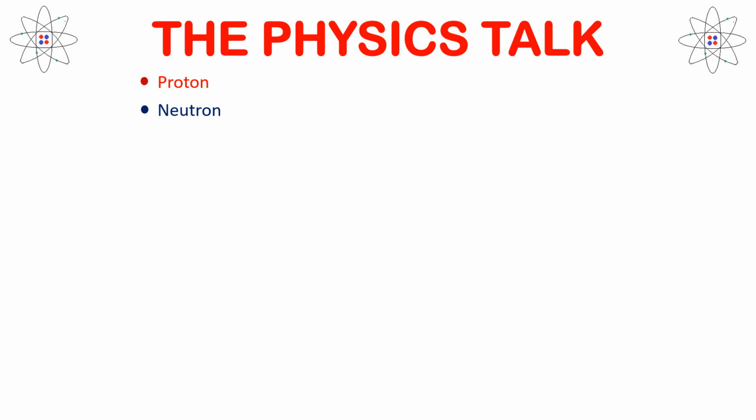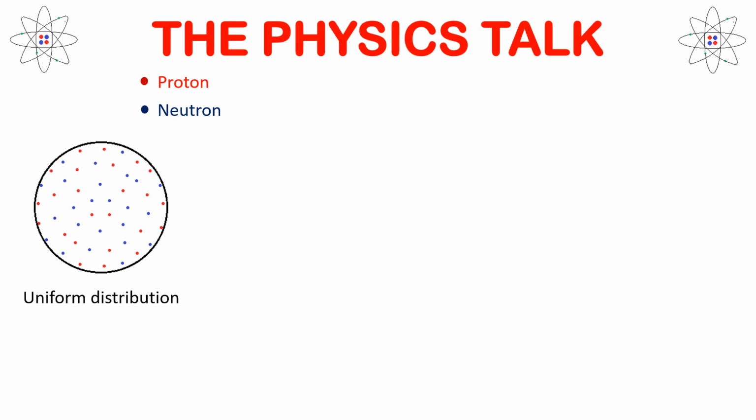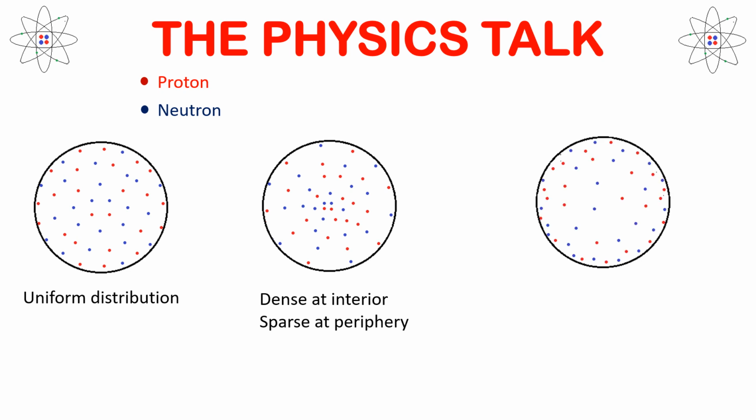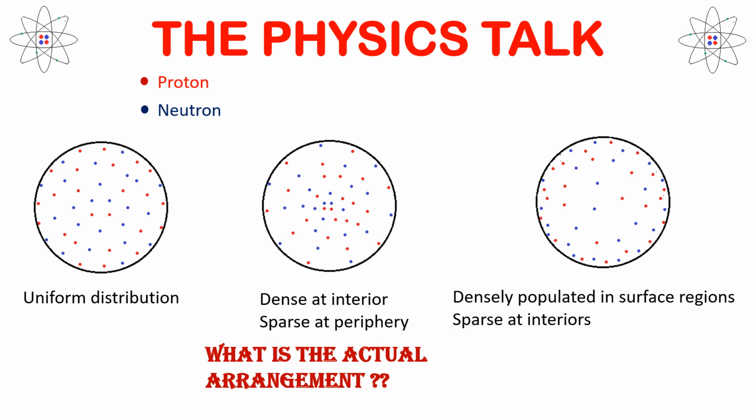It could be that all the particles are uniformly distributed inside a nucleus, or maybe that the nucleons are mostly present in the interior and their density gets progressively decreased towards the surface regions. Or it could be the reverse case also, where nucleons are mostly present at the periphery while the interiors are largely empty. These are just three examples of how the distribution could be. There are many such arrangements that we can imagine. The question is, how is the actual arrangement of the nucleons inside the atomic nuclei, and that is what we